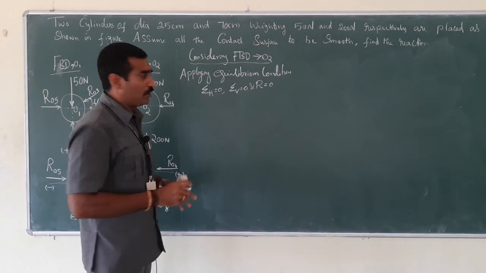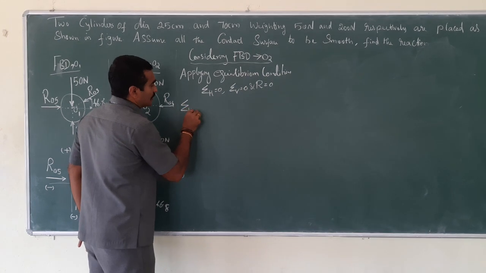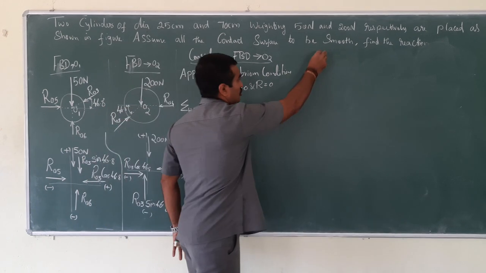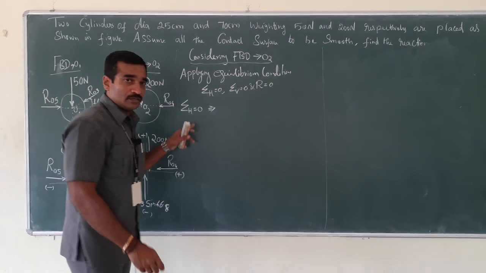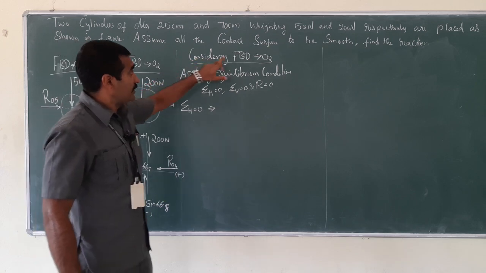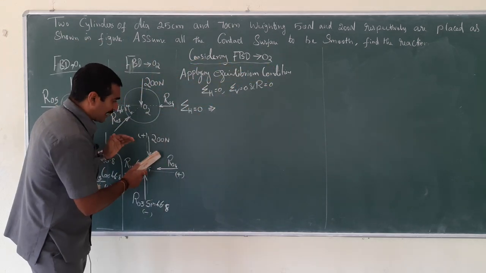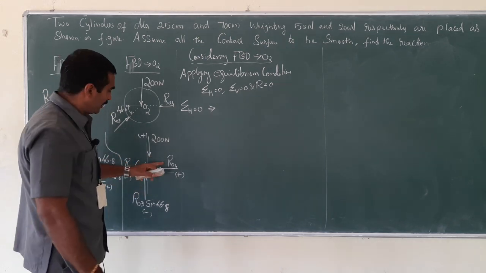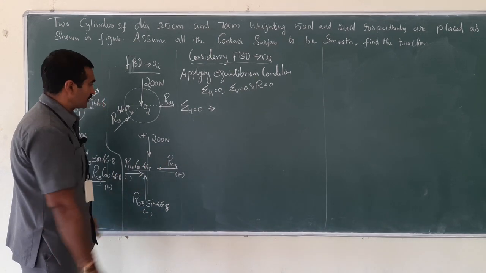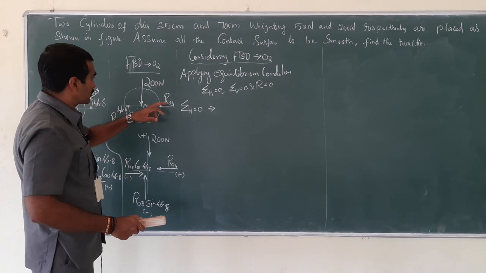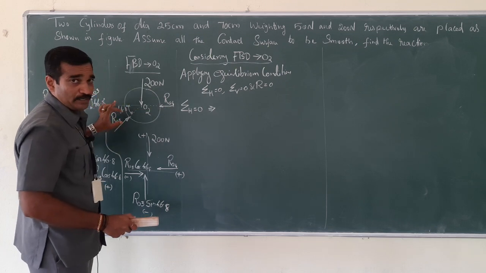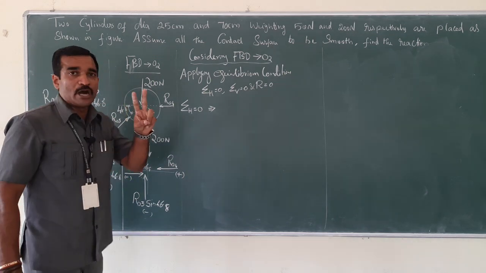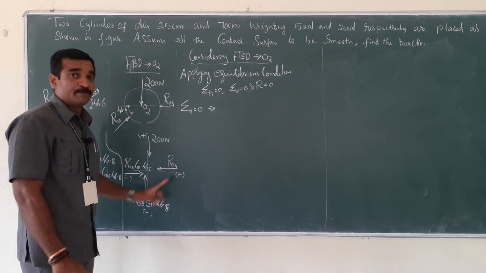So I am going to resolve the horizontal forces first. Summation H is equal to 0. So we have considered FBD O2. Let me consider the resolution force diagram of cylinder 2. Look at here. How many horizontal forces are there? 1, 2 horizontal forces are there. So total forces 1, 2, 3, and this is inclined one, therefore all put together 4. That is, as far as O3 is concerned, 2 components, one vertical and the other horizontal. So all put together 4 forces are there.